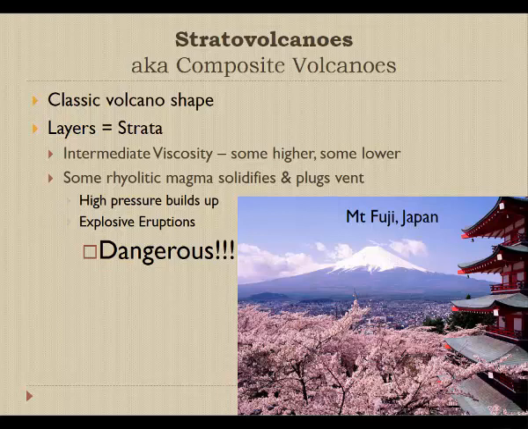And as these mountains get bigger and bigger in size, they can become quite dangerous, because sometimes when they have eruptions that are associated with this higher viscosity material, which geologists call rhyolitic magma, the rhyolitic magma can be sticky enough that it won't flow down the slopes, but instead will get up near the vent and solidify to create a big solid plug. And then as more magma builds up underneath the plug, it can create an enormous amount of pressure that at some point will create a huge explosion and eruption that sends lots of debris up into the air,